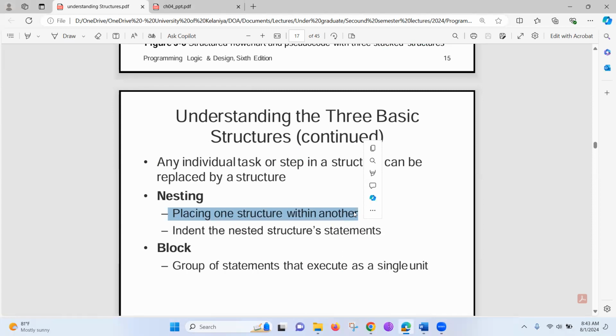Then indented, the next structure statement. So we need to write the next structure as well. We will see how to write those things, and the block. What do you mean by the block? The group of statements that execute as a single unit. So by looking at this,